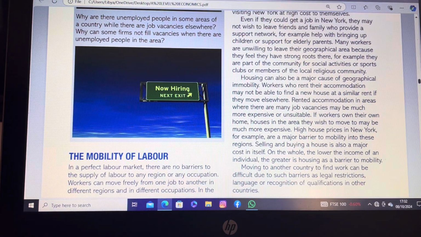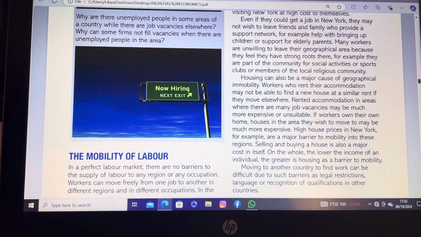Then they said it can also be difficult to move from one geographical region to another because of legal restrictions. You have to follow procedures for documentation. You have to follow procedures on how to move from one geographical region to another. For example, if you are leaving one country for another country, you need the process of visas, you need a work permit. So all these legal restrictions can make it difficult for workers to move from one place to another. And also language barriers and cultural differences can be another barrier to geographical mobility of labor.